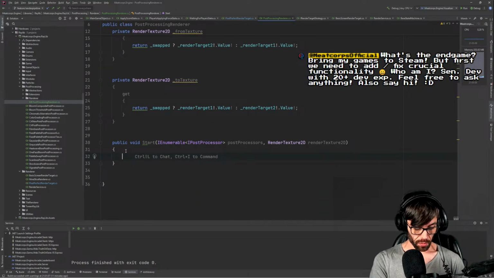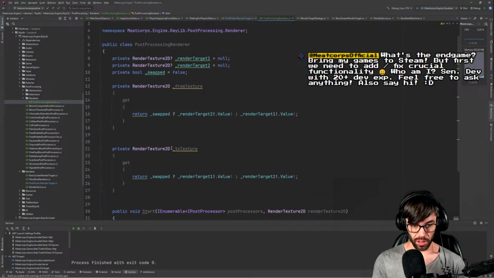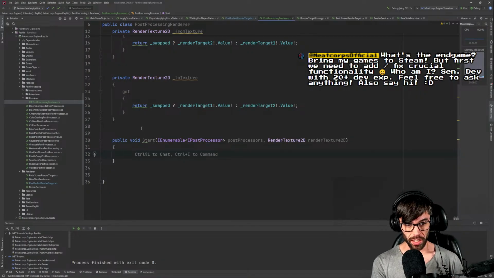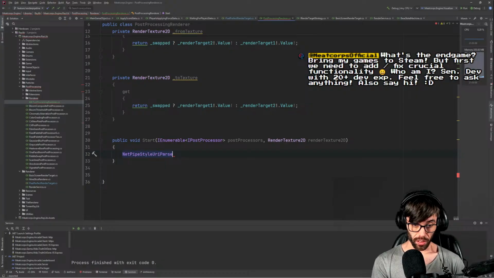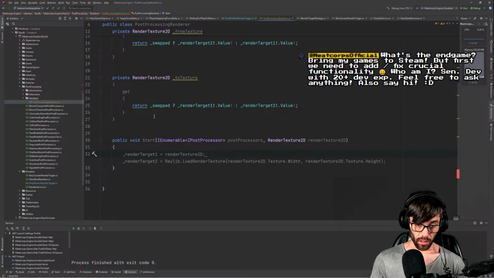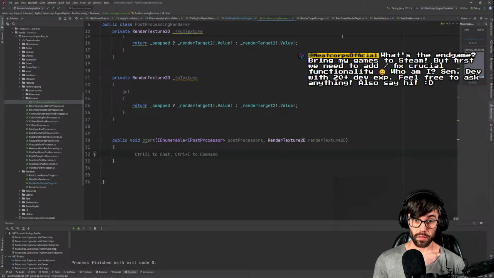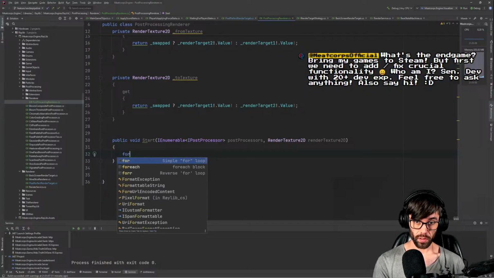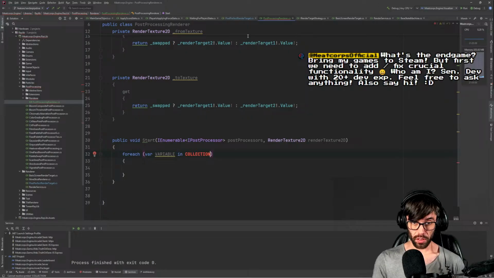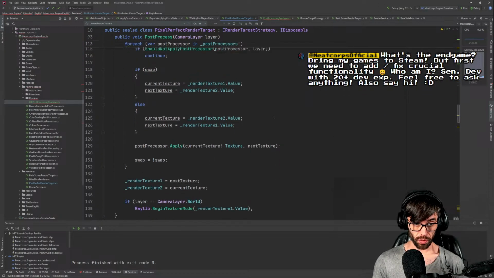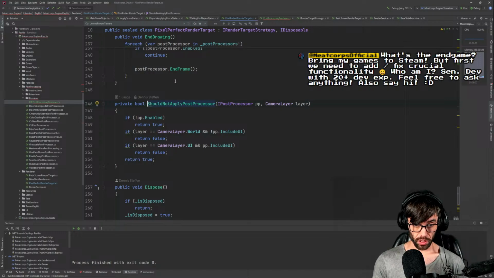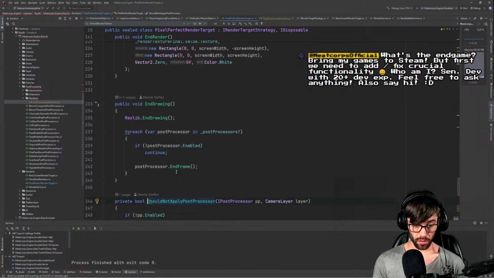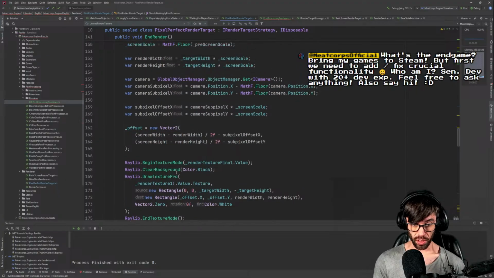Also, today I'm a bit tired, so it could be that I am probably going to ramble a lot. So if you, all right. For each, let me take a look at how we are doing it now. Should not apply post processor is. Oh, okay. Yeah, but that's